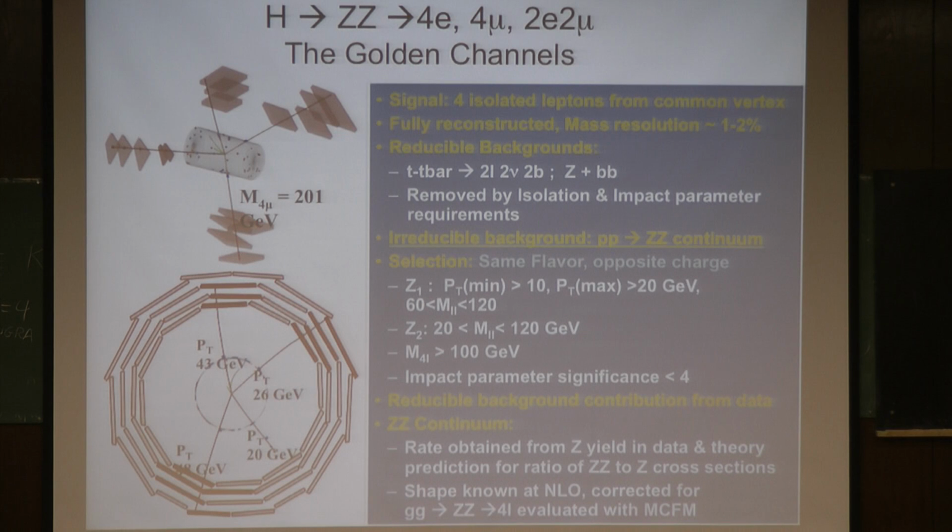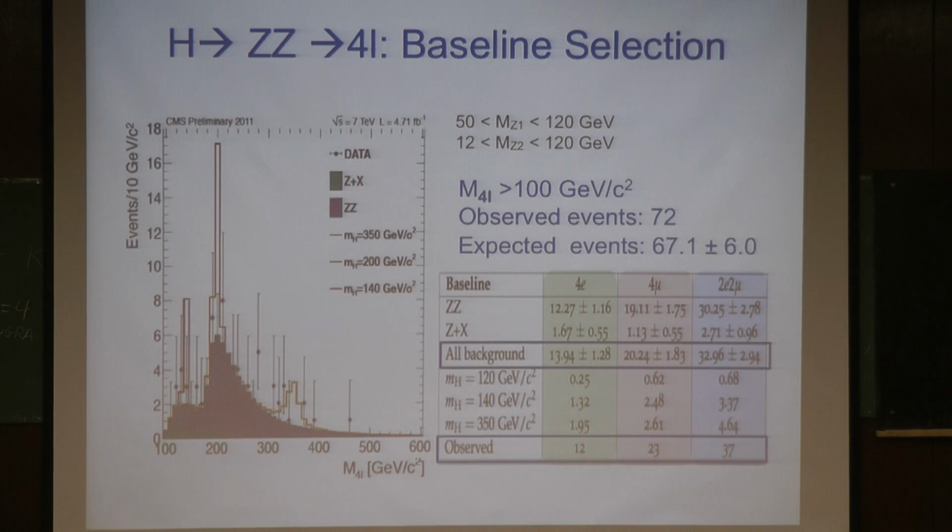Of the analyses that I'm going to be talking about so far, the Higgs to gamma gamma is very high resolution. The Higgs to WW is lower resolution. Higgs to ZZ is very high resolution, and we will see the results in the end according to that. So the baseline selection is